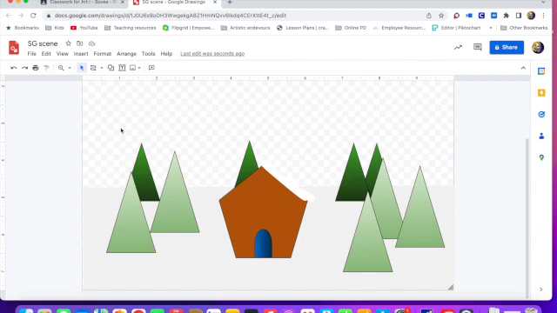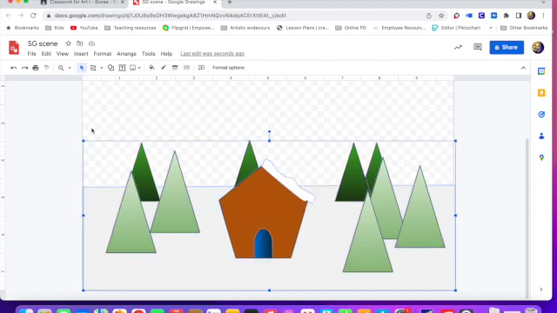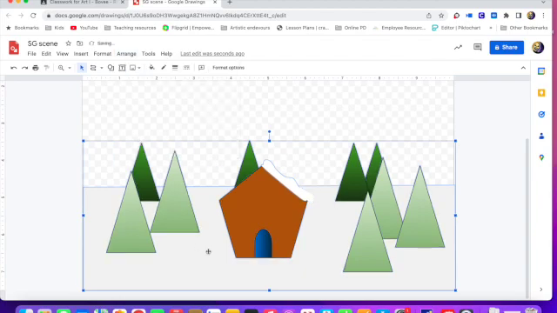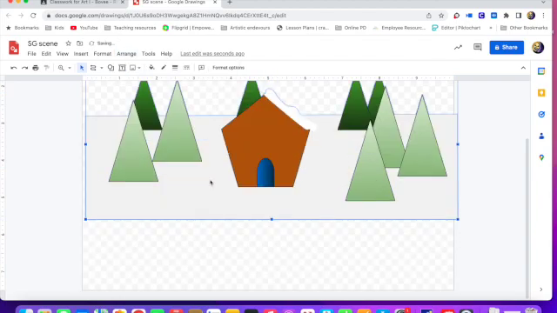And I want to show you how to group it. Say you want to move all of this, but you don't want the pieces and parts to fall apart. What I'm going to do is I'm going to do Command A, and you'll notice that everything gets that little blue line around it, and it shows that it has selected everything. Now I can go to Arrange and Group, so that now I can move the whole